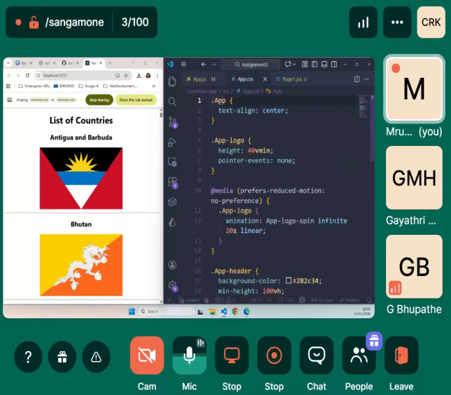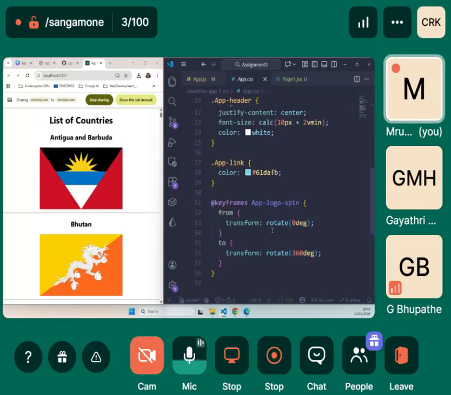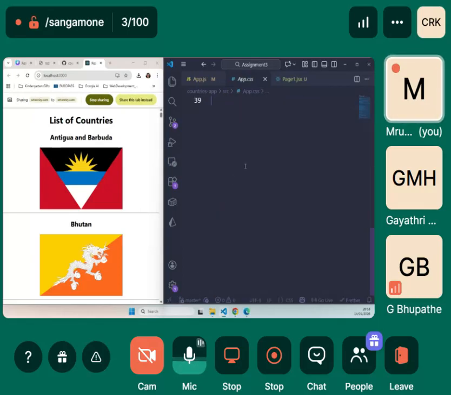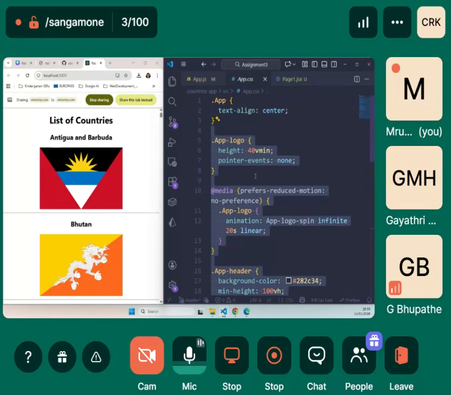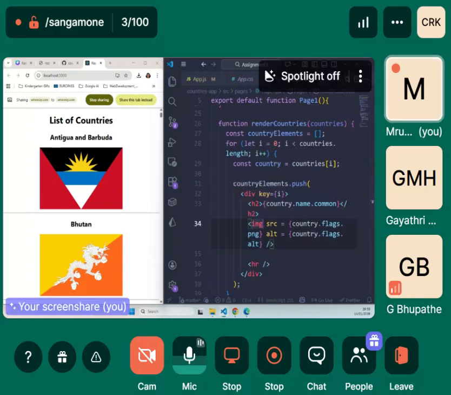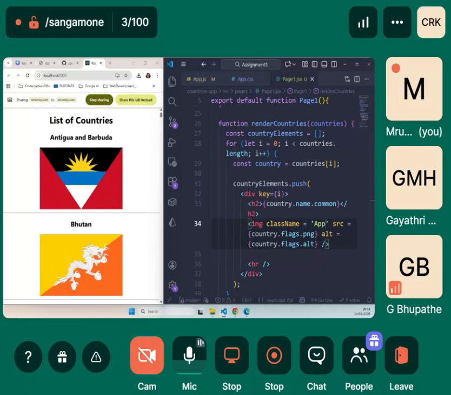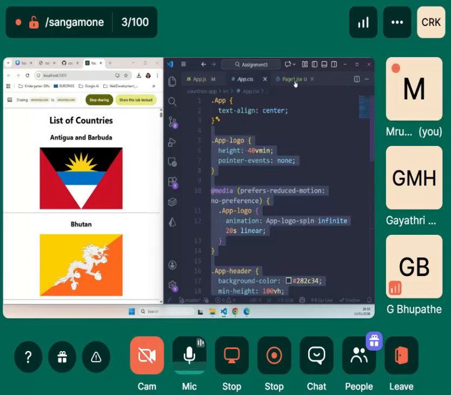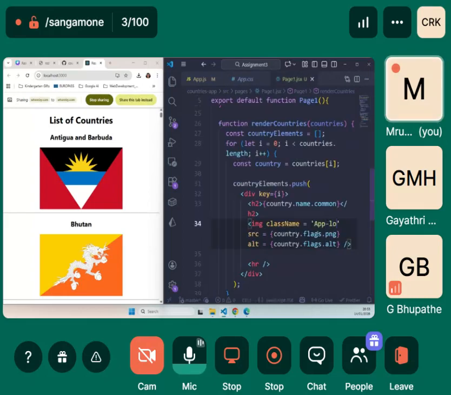Since we are just using this particular class name, we can delete everything else. Okay. Or we could also use app.logo here. So here image src, we can use className is equal to app logo.